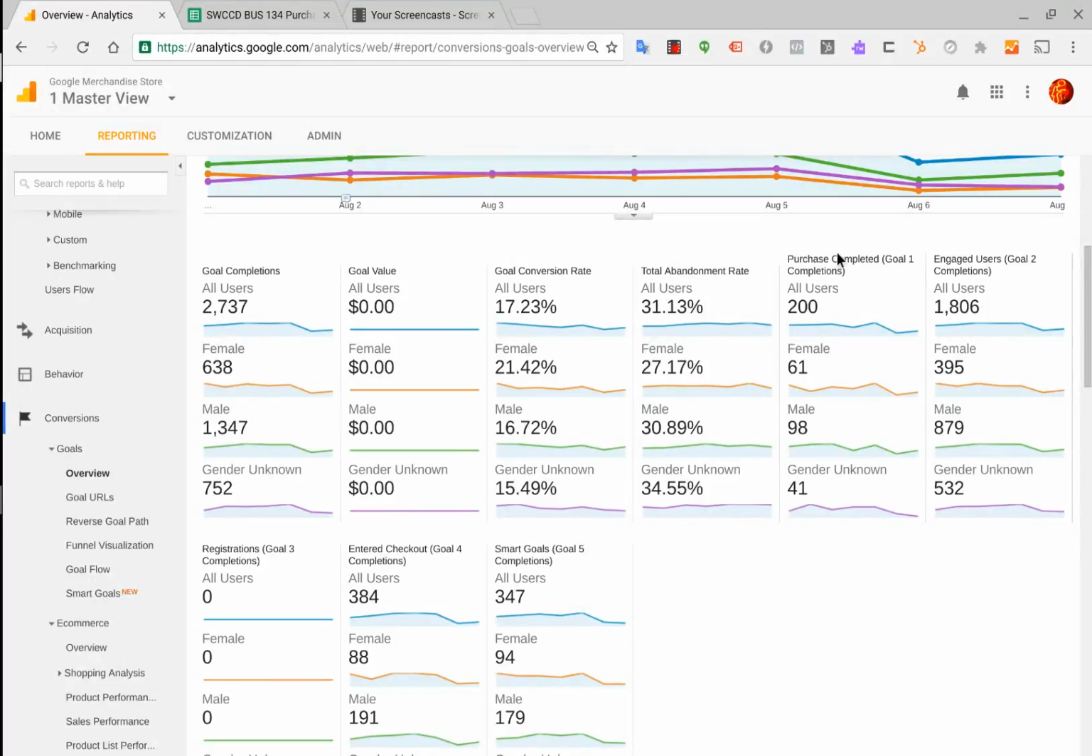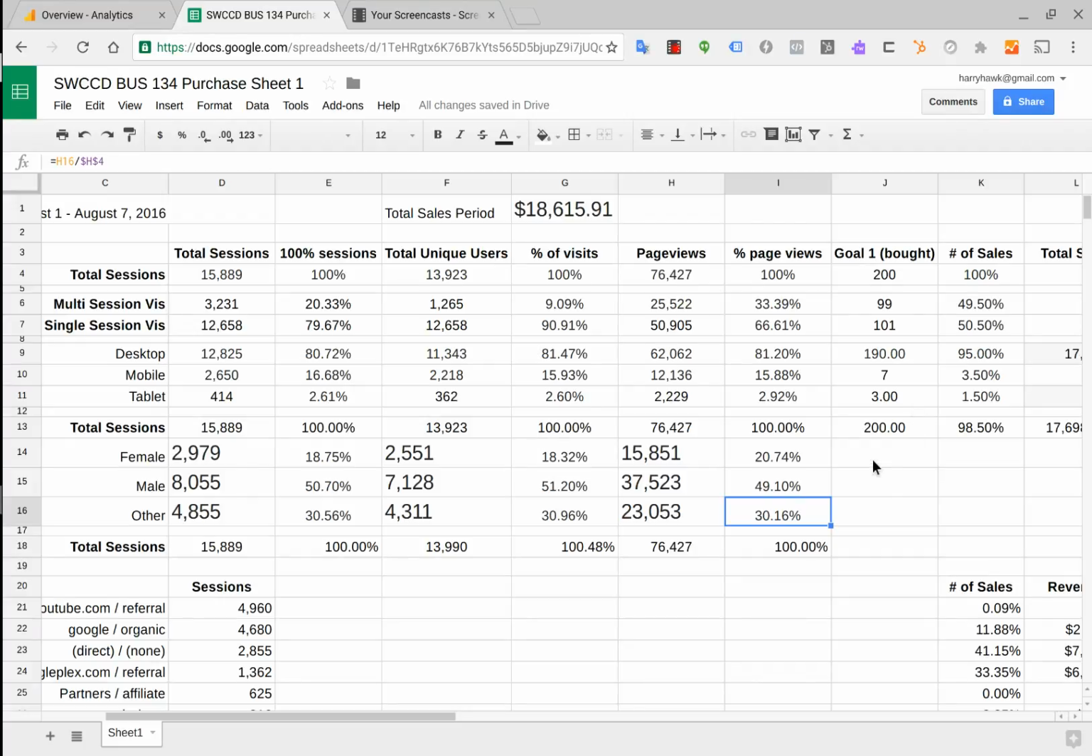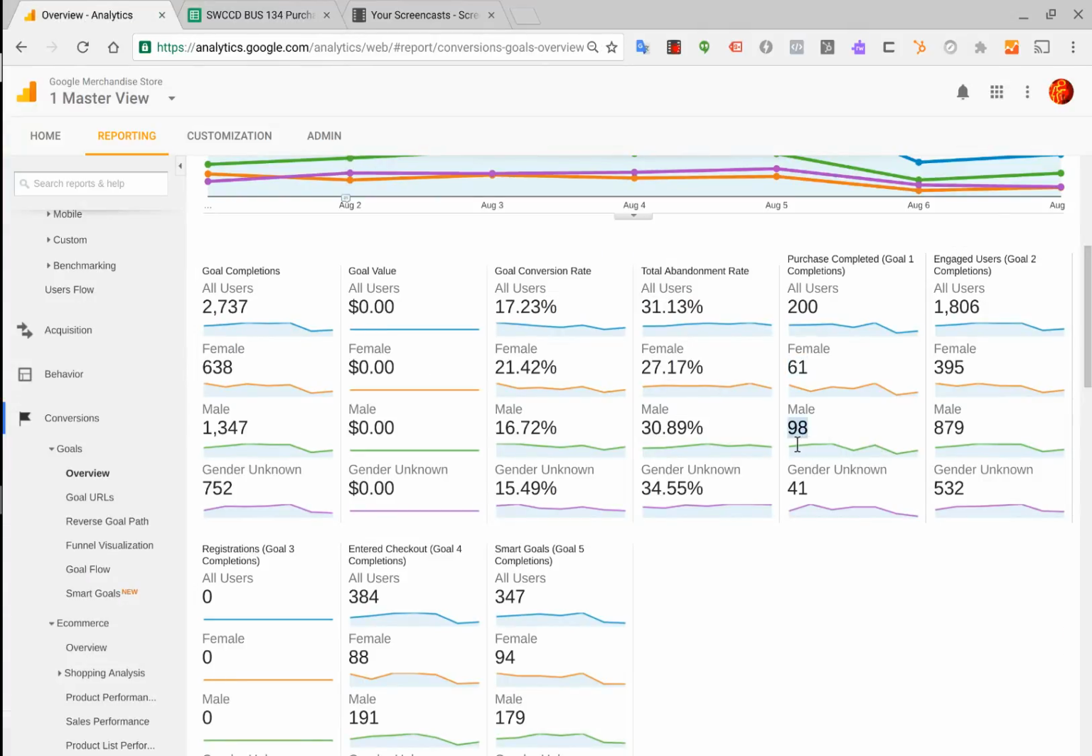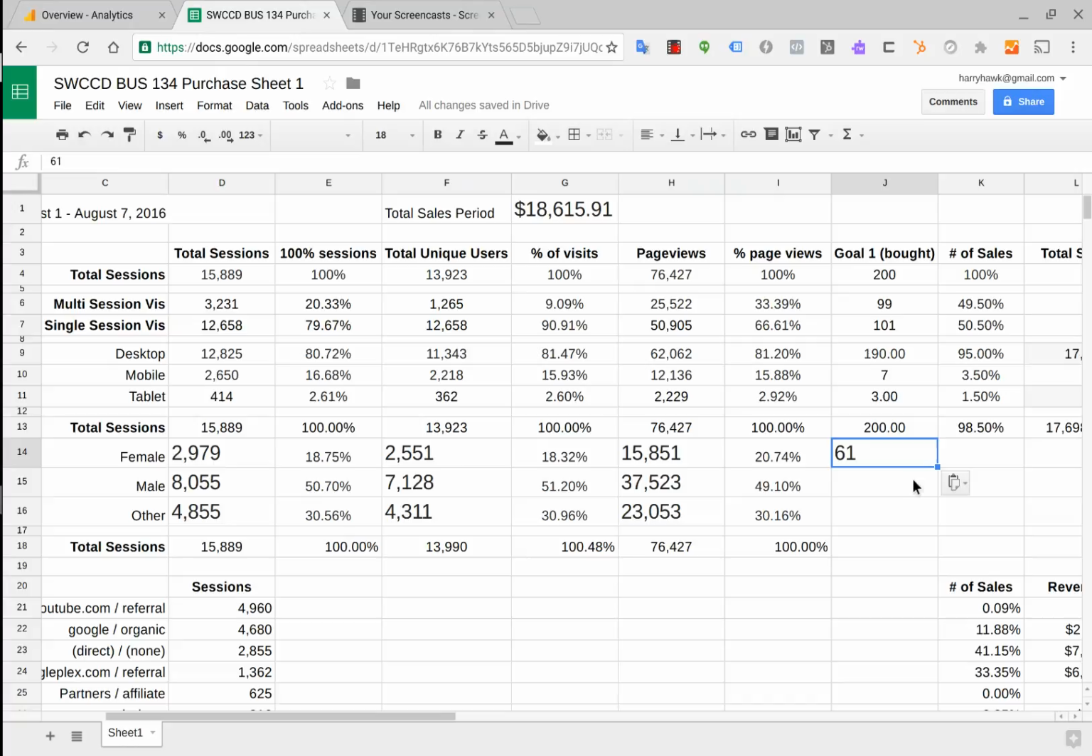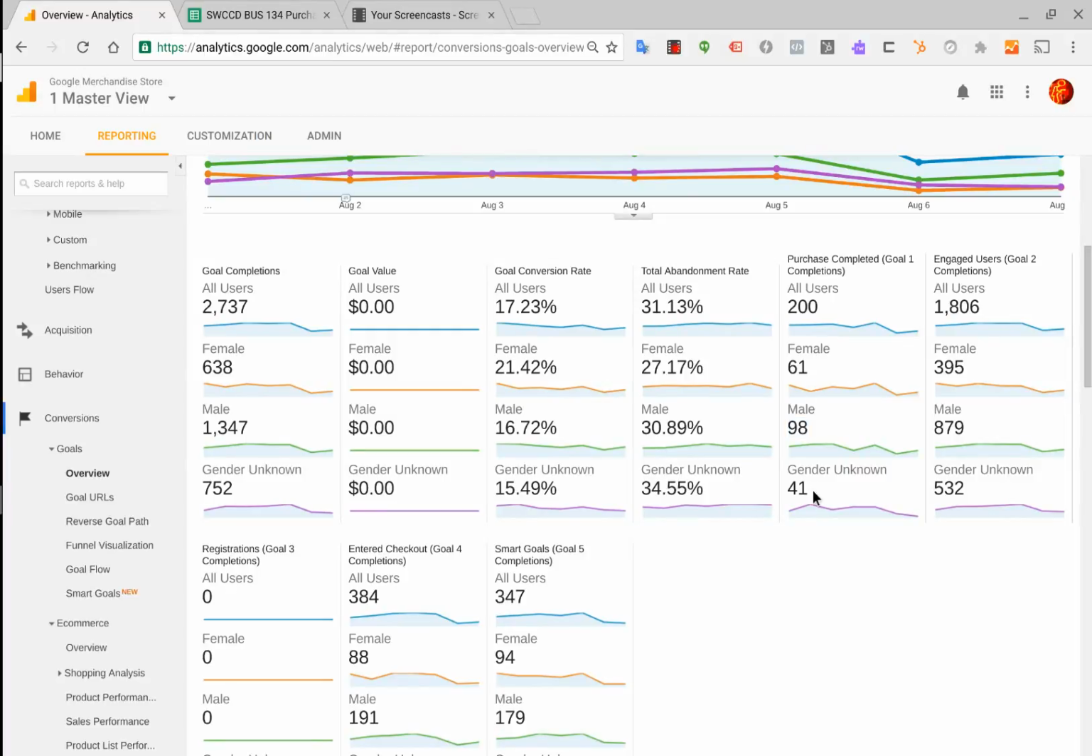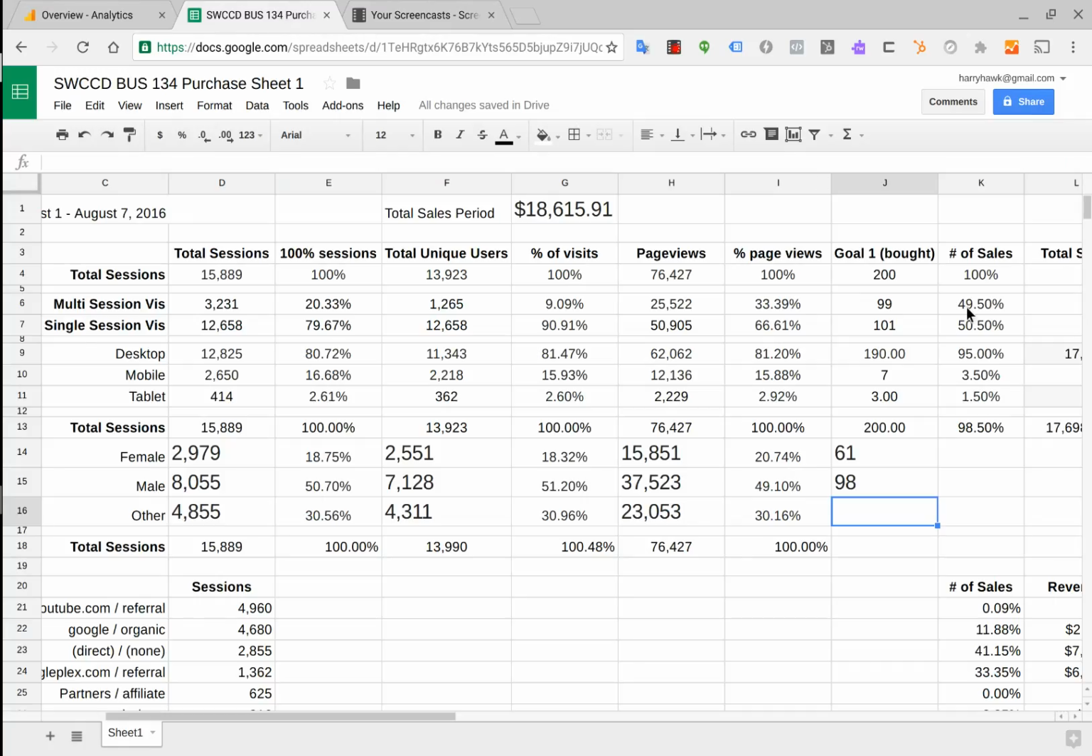purchases completed. Now, we don't have a dollar value here, but we know that there's 200 total purchases. We'll see if this adds up, but we have 61. Again, we're just going to copy that over. We have 98 from men. It makes sense. We know the men purchased half, and we know there's 200, so that's about half. That's making logical sense. And then we have 41 from gender unknown, and we can copy H18 over to J18, and that equals 200. So